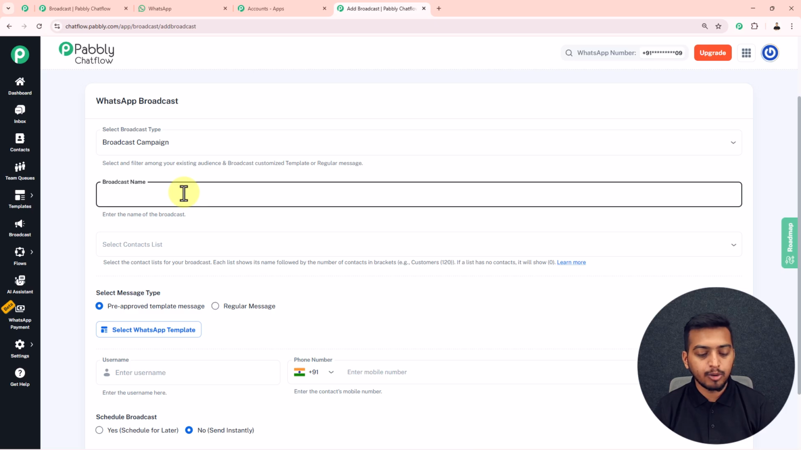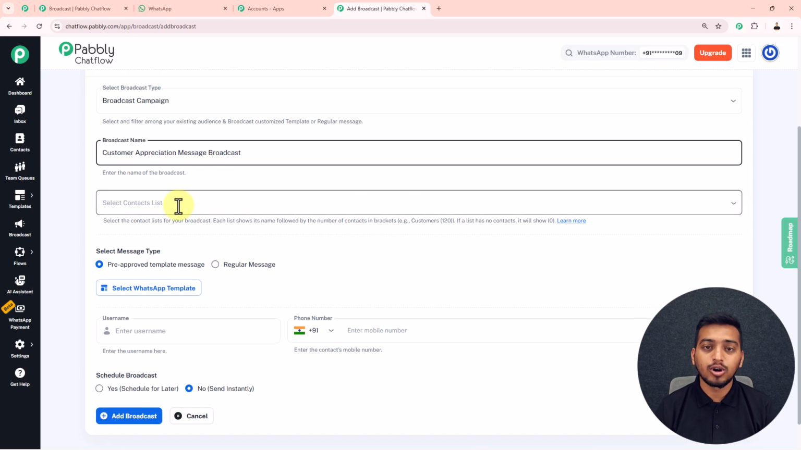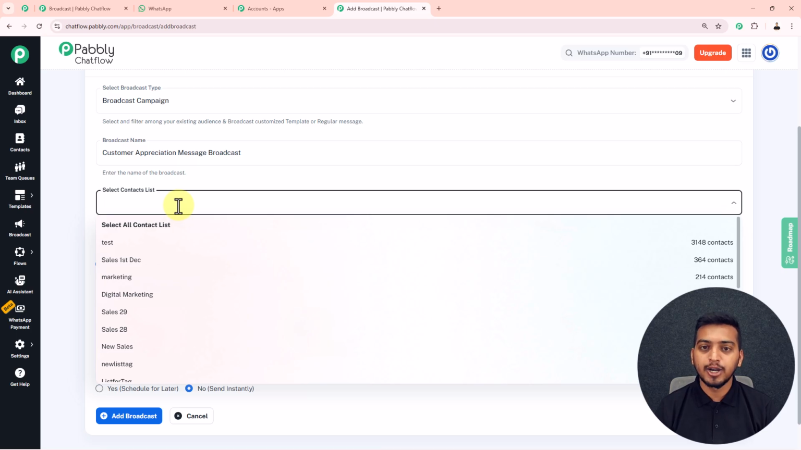So I will name my broadcast as this customer appreciation message broadcast. Then from this contact list here, we have to select that particular contact list to which contacts I want to send this broadcast. So in here, I can also select multiple contact lists by clicking on them. But if I want to select all contact lists at once, then I can just go with this particular option, select all contact list. So in here I will select my contact list, and then we will move towards the